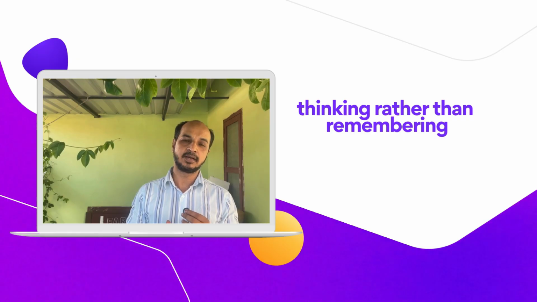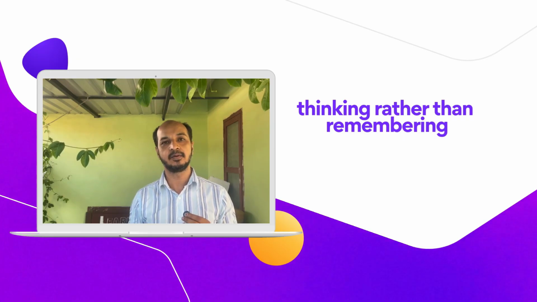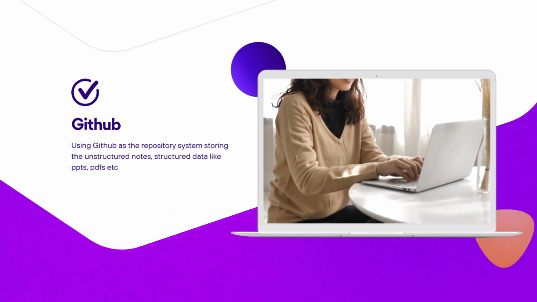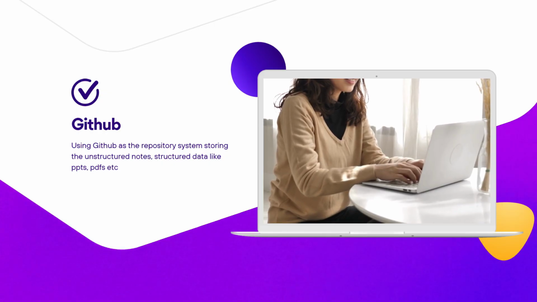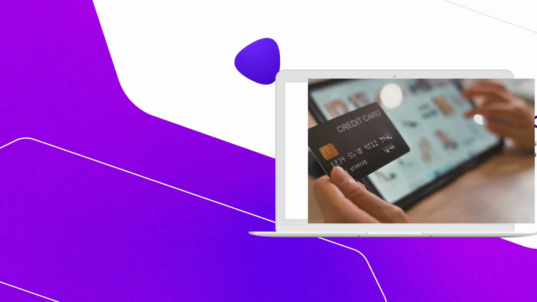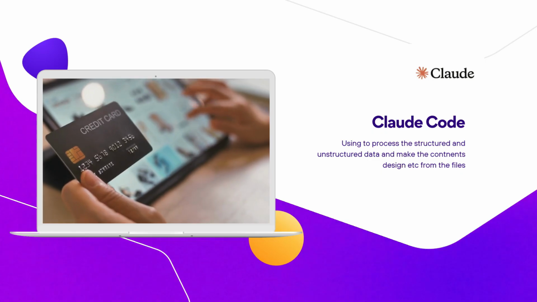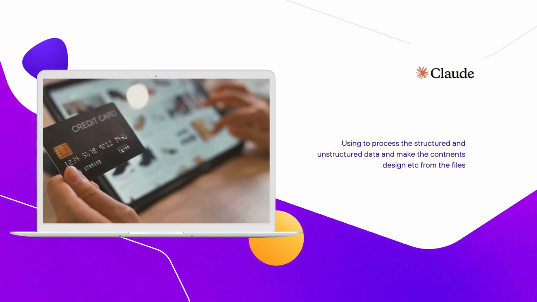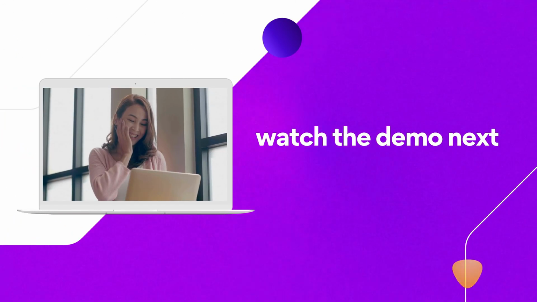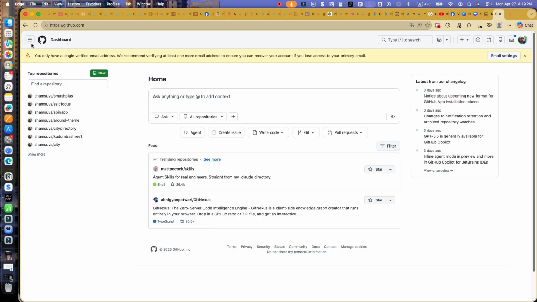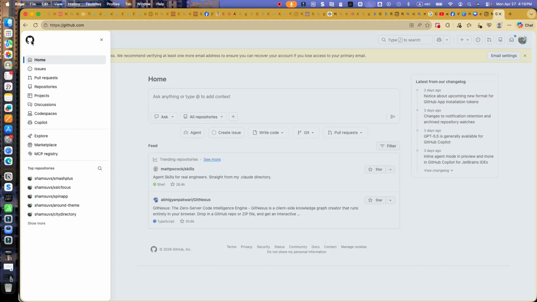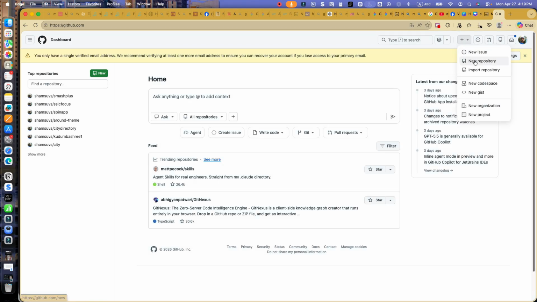So, in this demo, I'm showing how to use Claude Code and GitHub together to make a second brain in your local desktop system. And also, we are seeing how to create various content like YouTube scripts and coding like HTML files, etc. I'm using the GitHub repository as the second brain where I will store all my records, files,